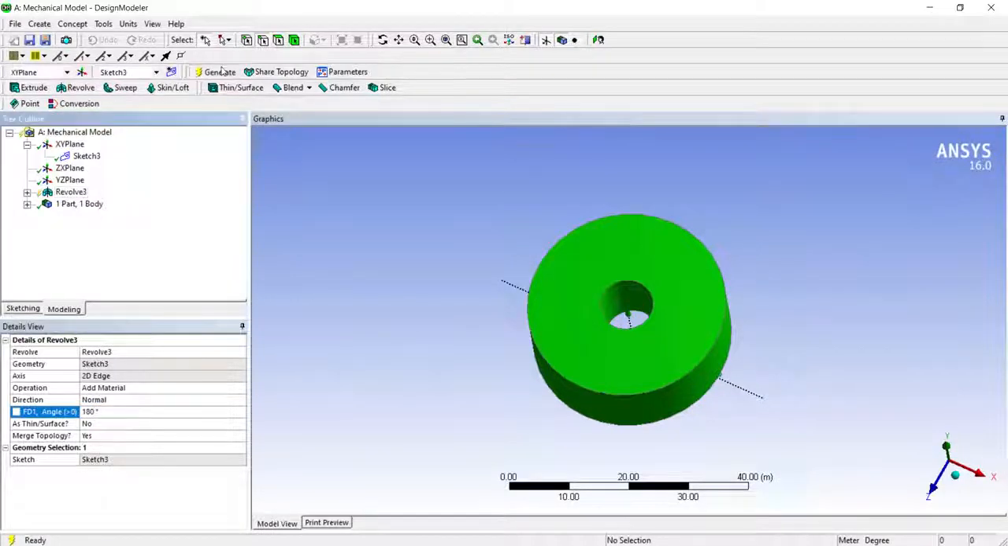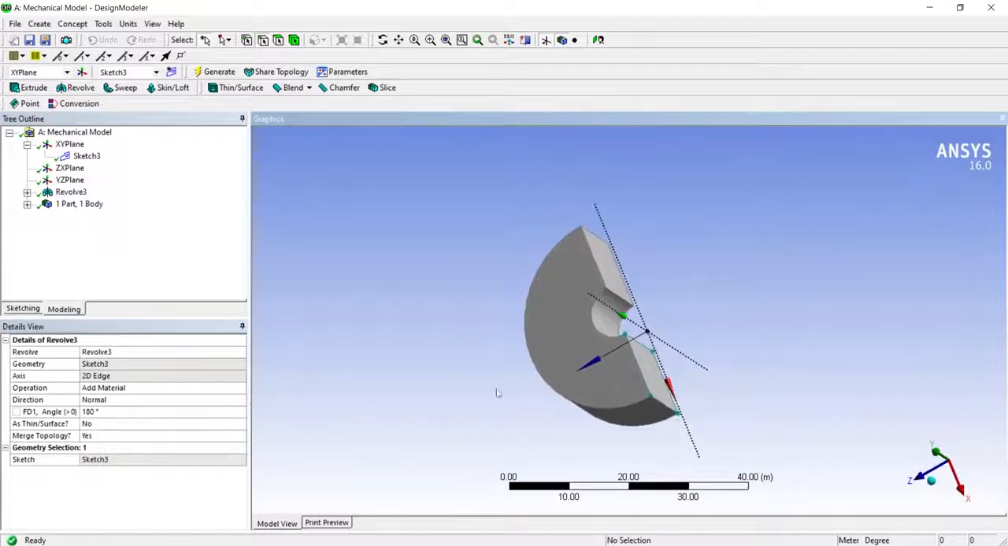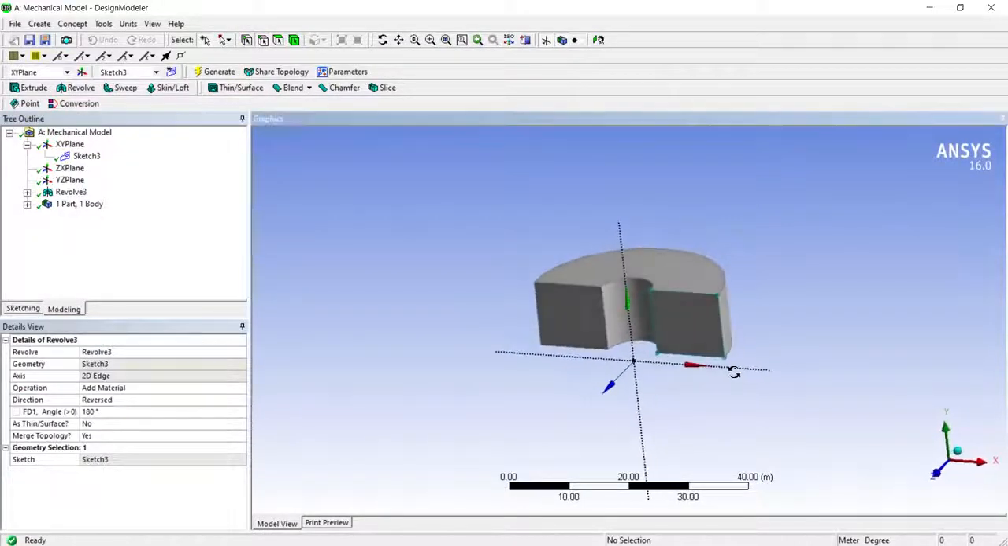What happens, only half of the revolving has occurred. Now what I want to do is, I want to reverse the direction of revolving. So for that purpose, I am going to direction option. Here I am going to select reversed. So if you want to reverse the direction of the revolve, then you can just select the reversal option from